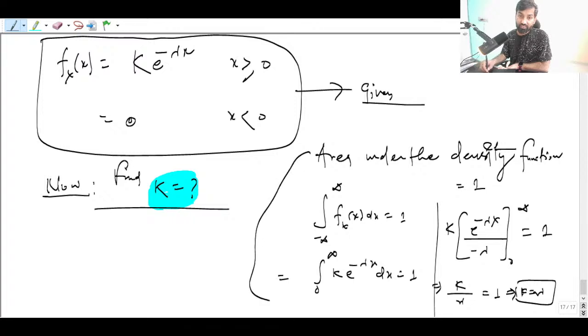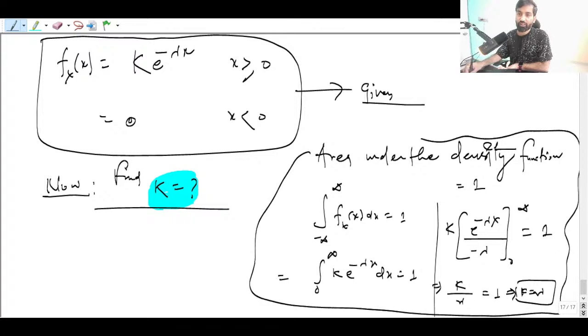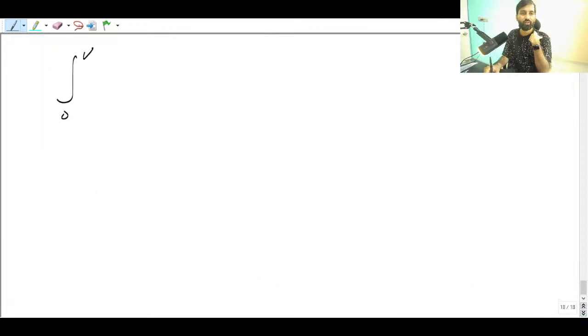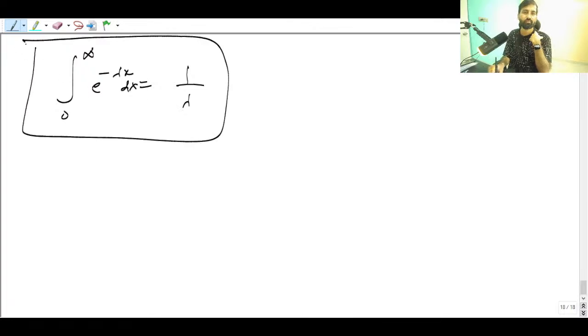Instead of doing this much, okay, what you can remember here is, if you are able to identify this is exponential density function, so this k should be lambda only, that's it. तो मतलब एग्जाम में आप और कुछ इंपॉर्टेंट इंटीग्रेशन रिजल्ट भी आप याद रख सकते हो. कोई अगर पूछता है 0 to infinity e raised to power minus lambda x dx, so answer is going to be 1 by lambda. Okay, answer is going to be 1 by lambda. Please remember these results for your exam. ठीक है,